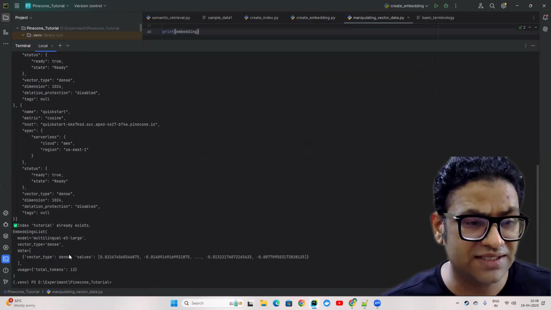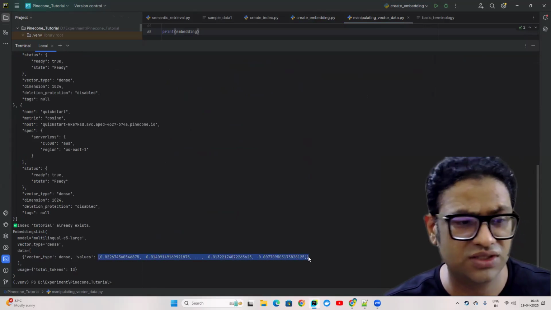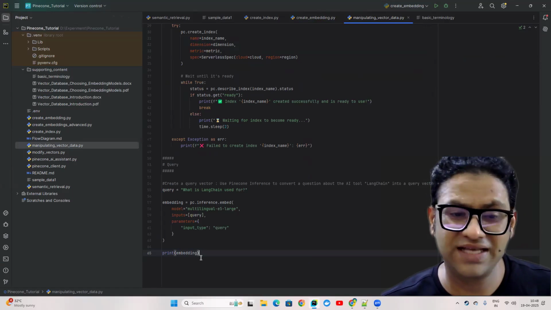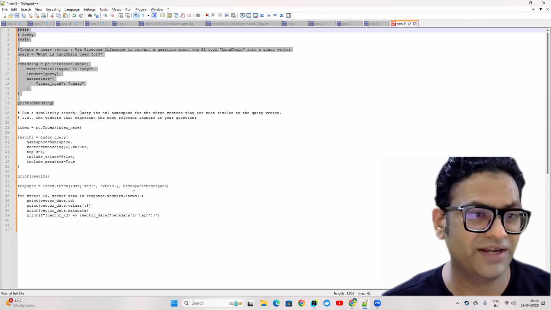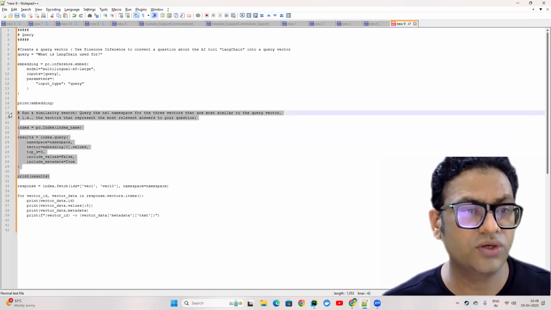So it already exists. Now total token is 13. So this is the dense, which is for our query. So basically we created a vector, an embedding, that we have to feed in to do the semantic search or the similarity search. And for that, I'm just going to copy this piece of code to save our time,